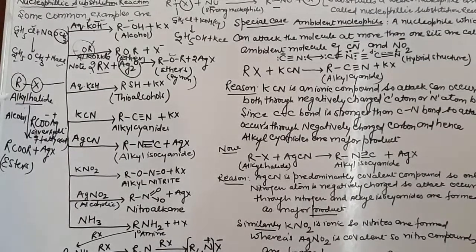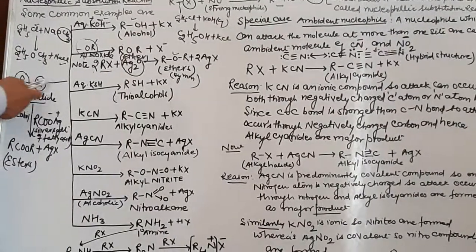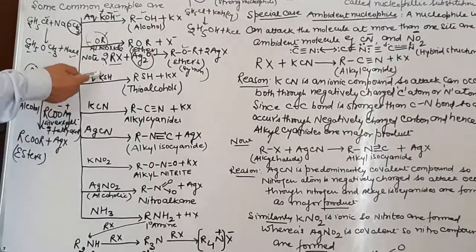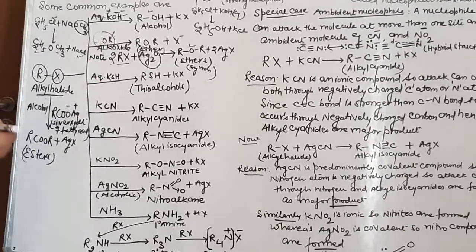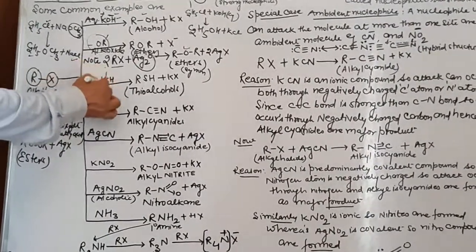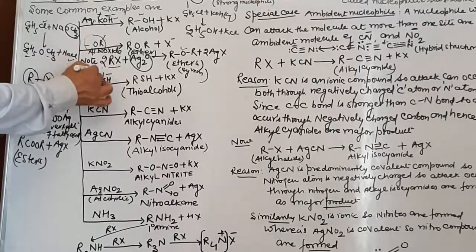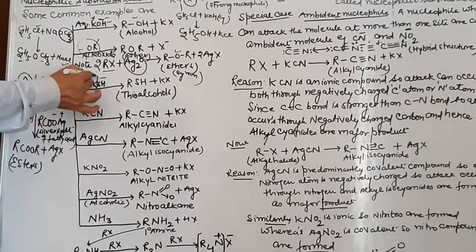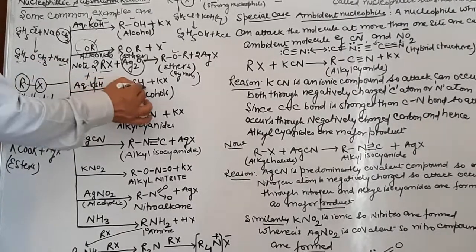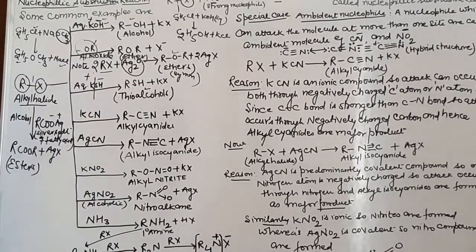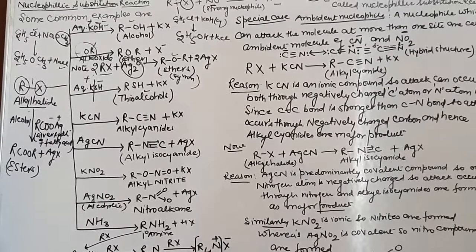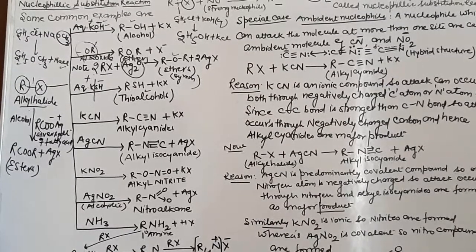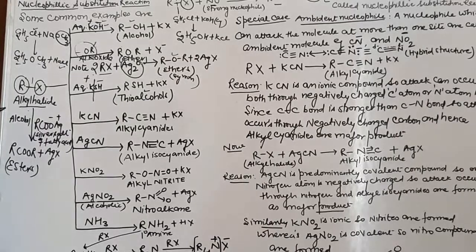Now the third reaction is when alkyl halide is made to react with potassium hydrogen sulfide. What will happen in this case? This is a nucleophile, SH negative. This is a positive part. So this bond will be cleaved from here, SH will substitute over here, and this will result in the formation of a compound which will be called a thioalcohol. So again, what mechanism? Nucleophilic substitution reaction mechanism.